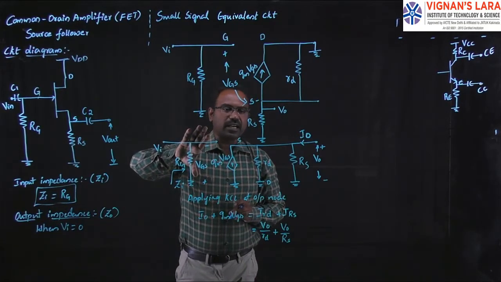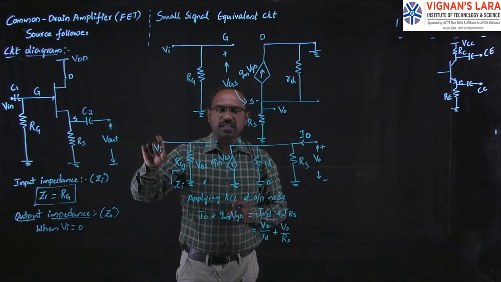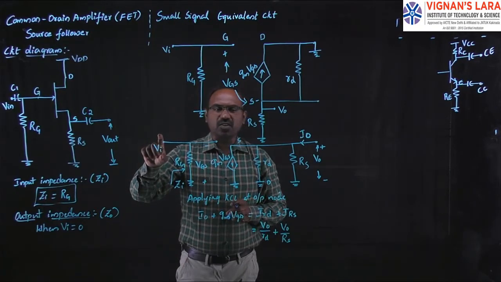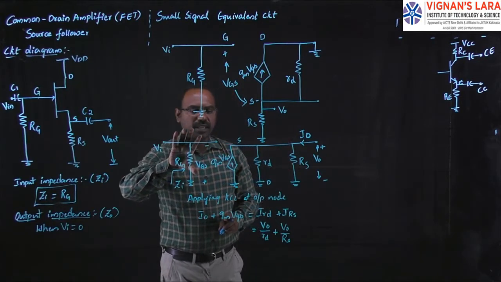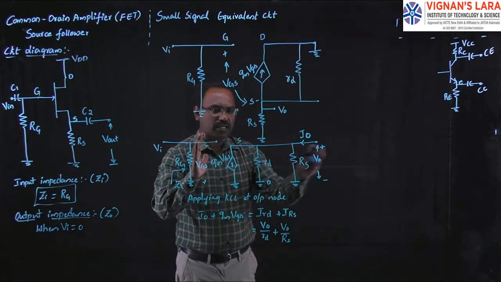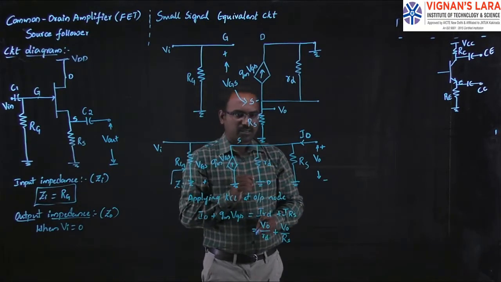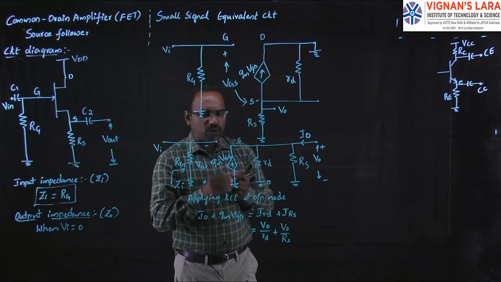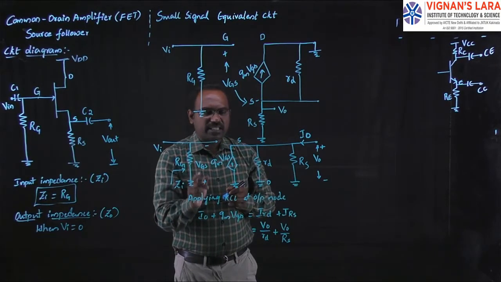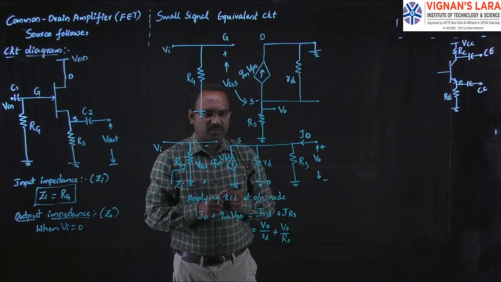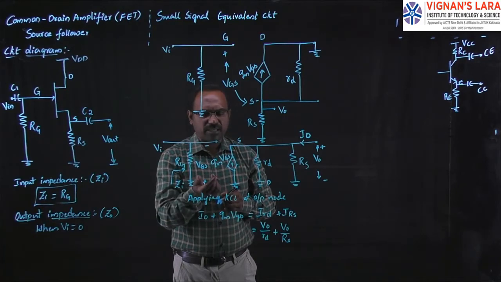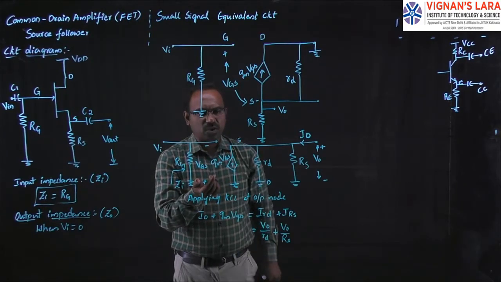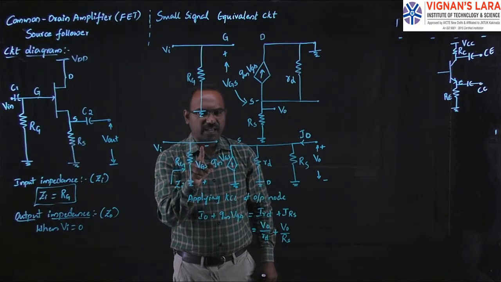While we are calculating the output voltage V0, generally we will consider the input voltage Vi equal to 0. If Vi is equal to 0, there is no effect of this Rg on this entire circuit, so my circuit will have only this part. VGS is nothing but the gate to source voltage. Here the gate is grounded, because there is no RG, and I am considering this as gate since this is already the source. So VGS will be plus minus like this.